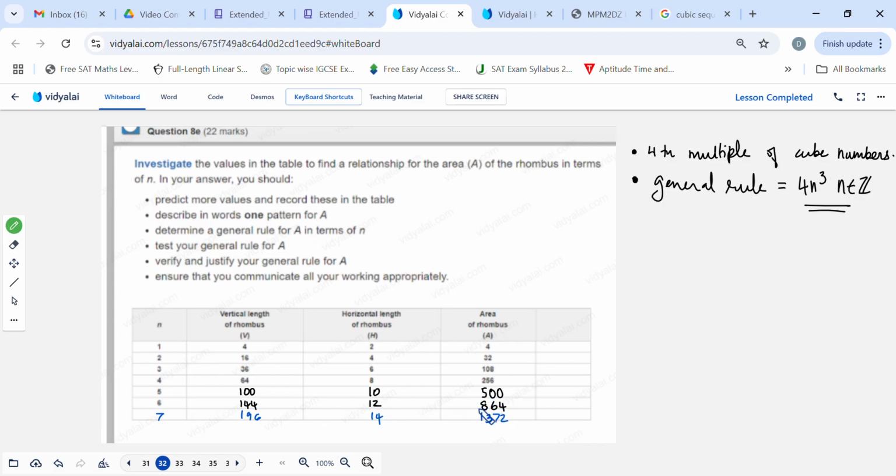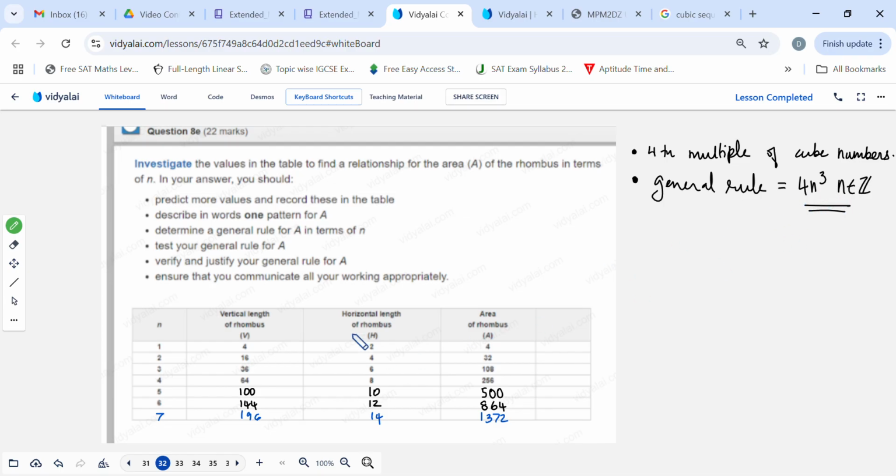Then it's 4 into 6 cube, 4 into 216, which is 864. And the last one will be 4 into 7 cube, which is 4 into 343, which is 1372. So we have to describe in words a pattern for A. We can say that A is four times the cube numbers. Then we have to determine the nth term or general rule, which we can simply say as 4 into n